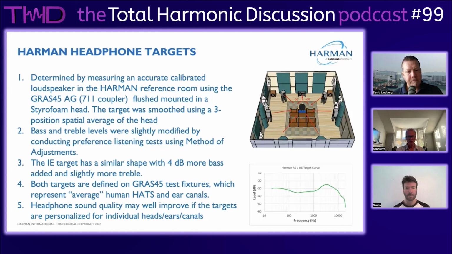And more recently, we've started to look at how these headphones measure on a more modern standard, the type 4.3, for example, the HATS 5128. So you can see here the green curve is what the current over-ear on-ear target is for when you measure it on a Grass 45CA ear simulator.